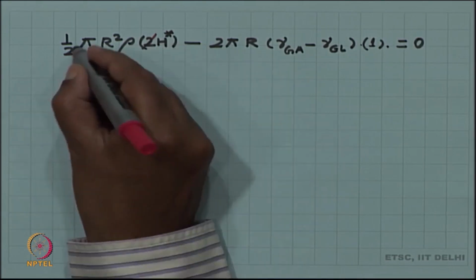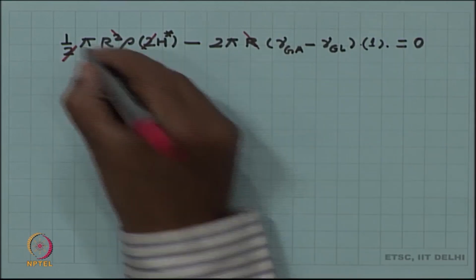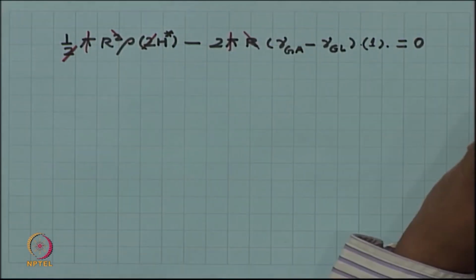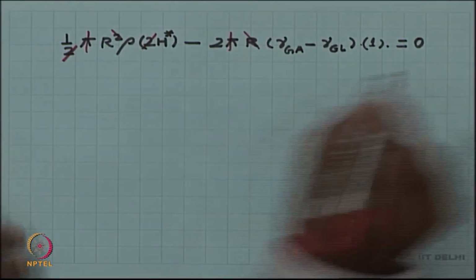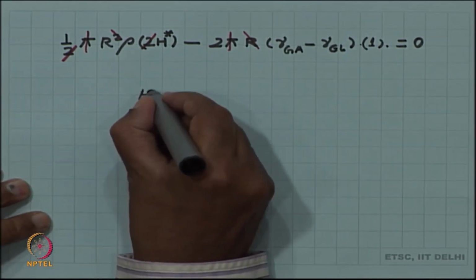So, you can cancel terms here. So, you can quickly find the equilibrium height h star